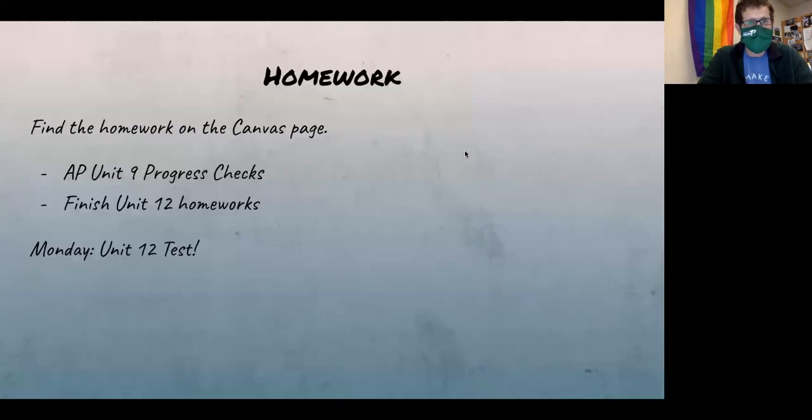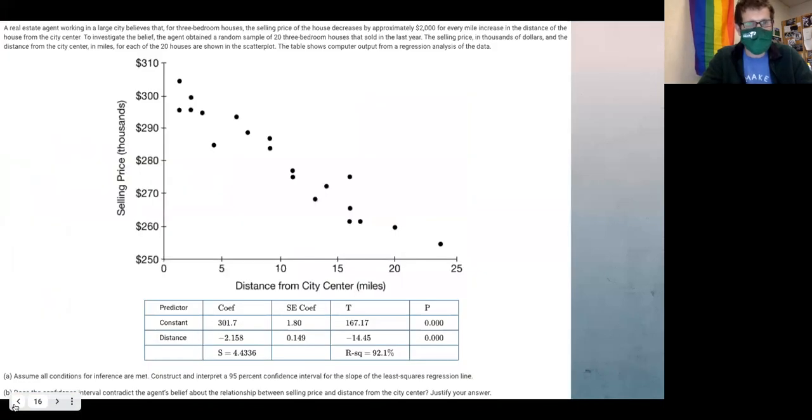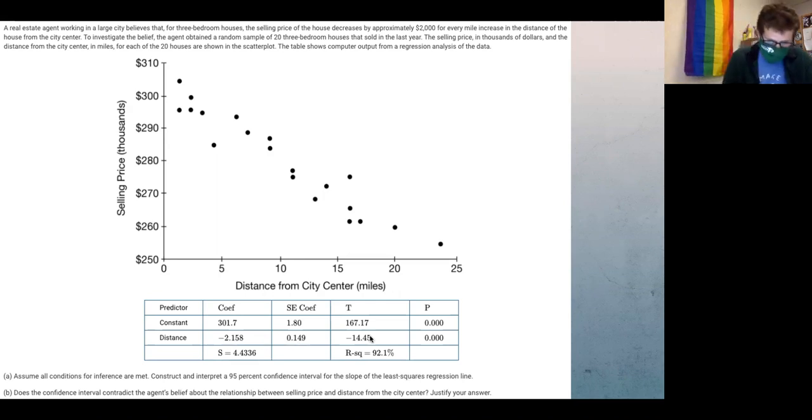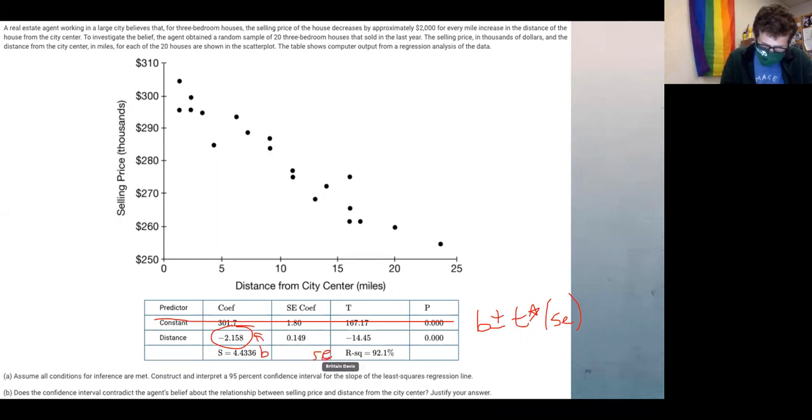Now we have a couple of FRQs. Let's see if it's worth looking at this. I'm kind of going in reverse order real quick. So the first one, I might or might not do it. You can kind of stop me if you do want me to go through the full process. But it asks you in part A to construct and interpret a 95% confidence interval for the slope of the least squares regression line. So not only do we need to construct it, we need to interpret it. I don't care about the constant. So my confidence interval is just b plus or minus the t star times the standard error. And those are given right here, b and standard error right here,